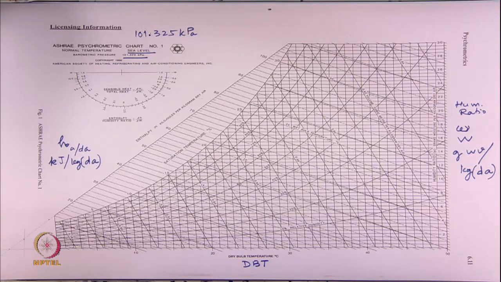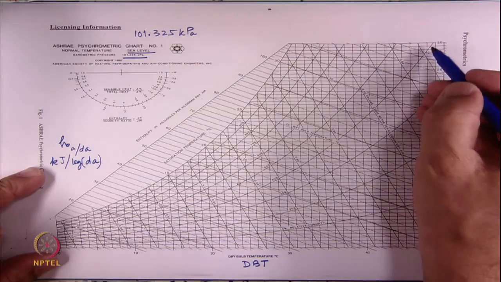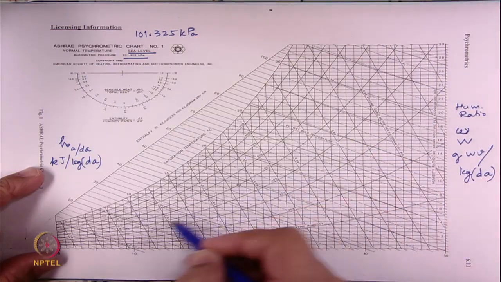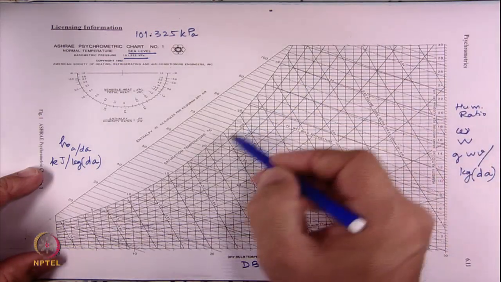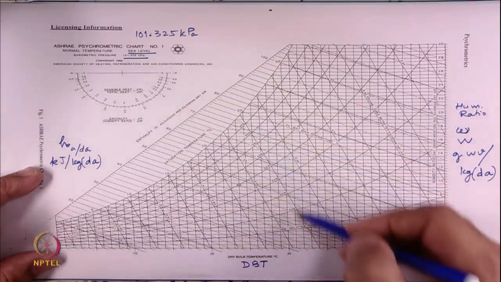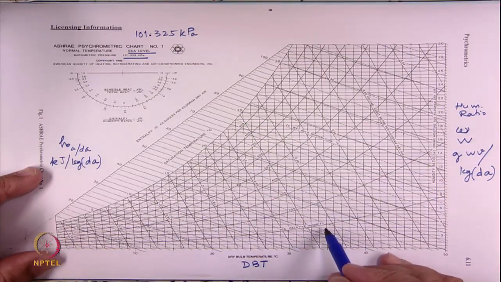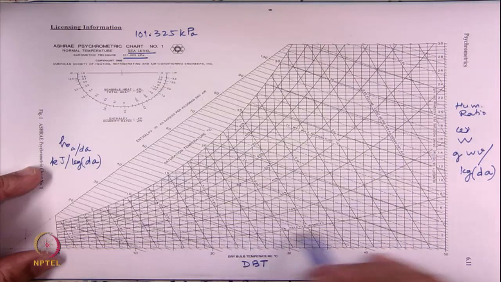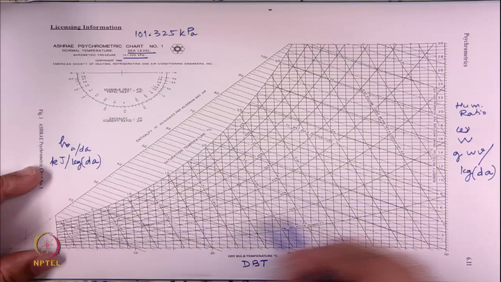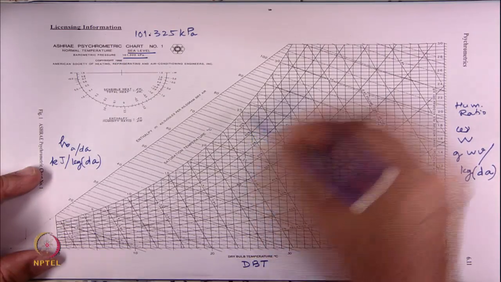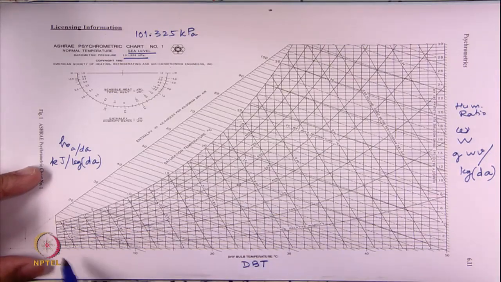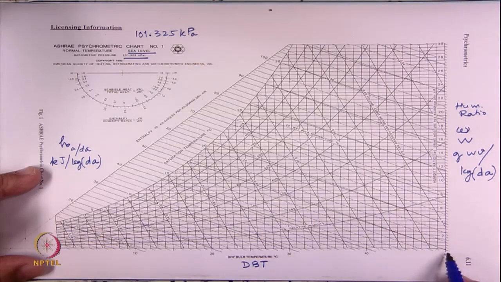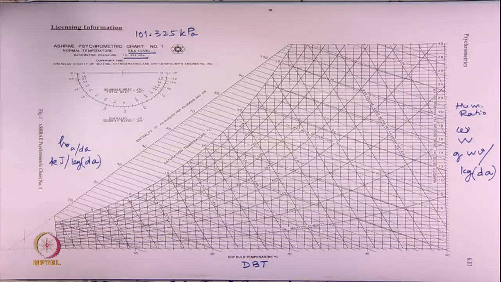Besides these, we see some more lines, say a line like this one here, and say a second line which is going like this, and yet another line which is going like that. If you look at what is written on these, it says relative humidity. So, this is a line of constant relative humidity 10%, line of constant relative humidity 20%, 30, 40 like that up to this extreme line, which is the line of 100% humidity. And of course, this horizontal line, the x axis itself, where omega is 0, is the line of 0% humidity.